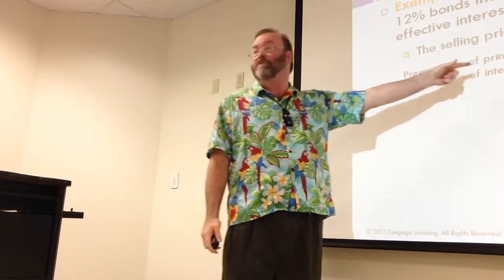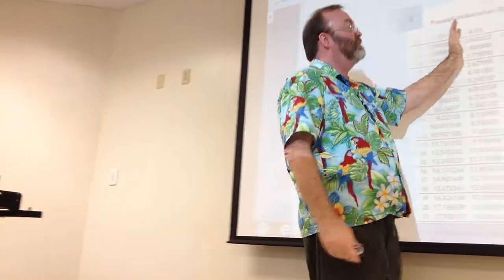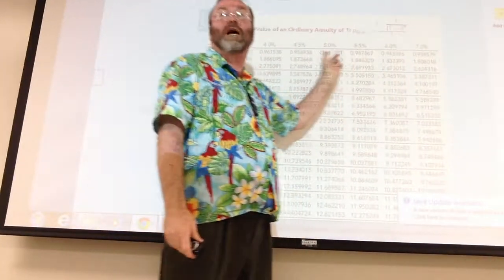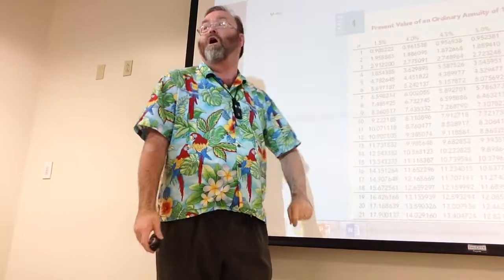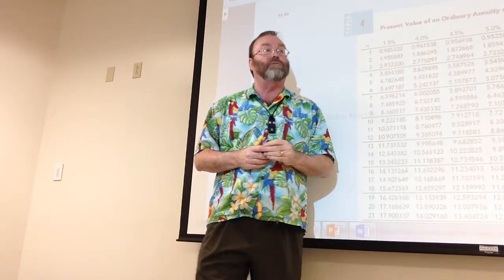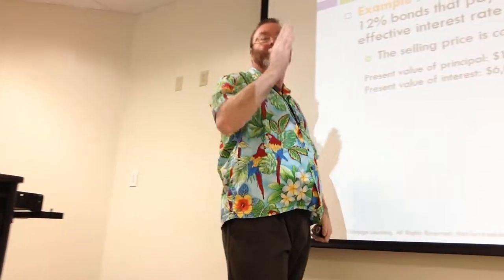Well, you go to the tables. By now, you've all found these, right? It's at the end, in between chapter 5 and chapter 6 in your textbook. It's a series of factors, percentages across the top, and a series of periods for how long you want to discount back to the present value. All right? So this is a 12% bond. So what column are we going to use?